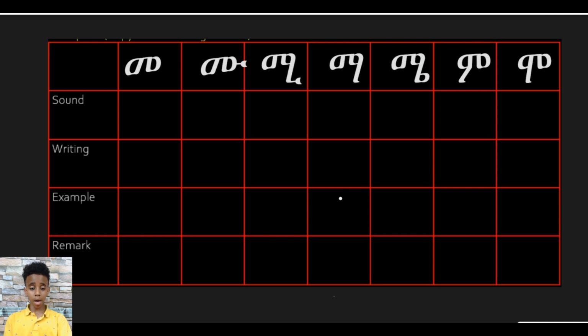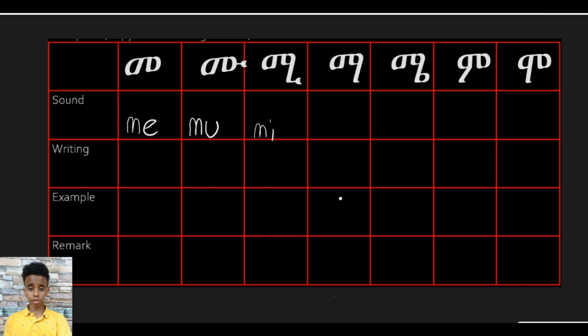So the letter Meh, this one over here, can be written in English by writing M-E. Meh. Our second letter is the letter Mu. Mu. And Mu can be written by writing M-U in English. Our third letter is the letter Mi. And Mi can be written by writing